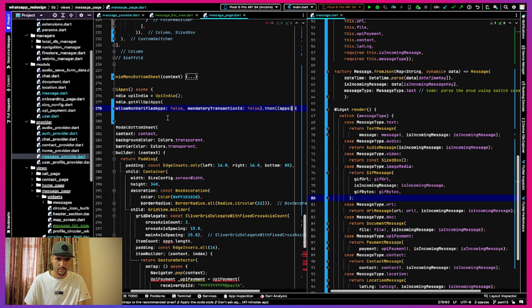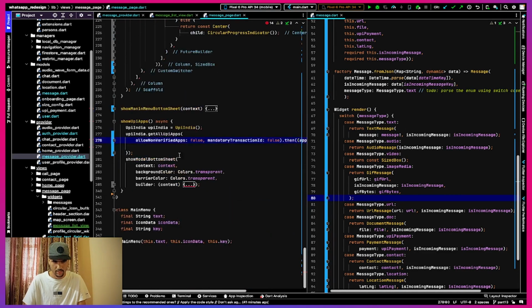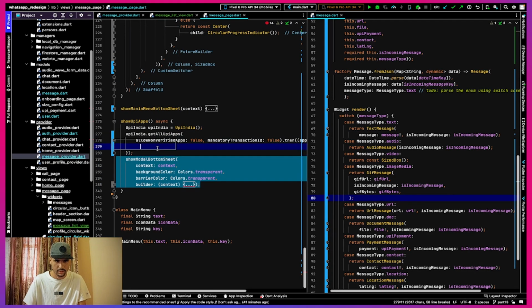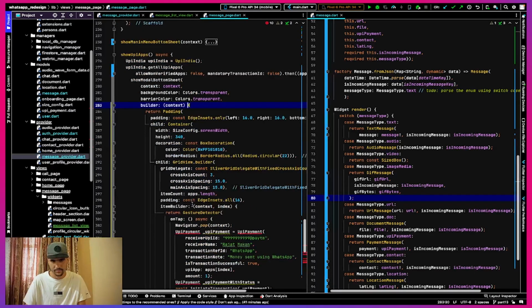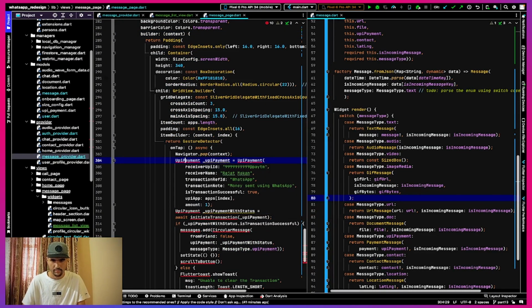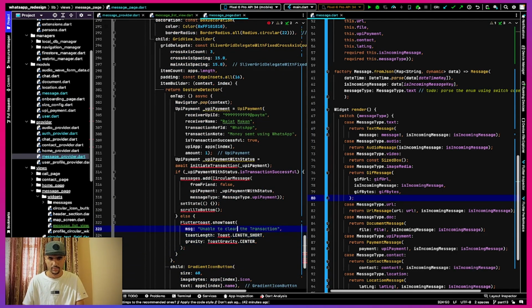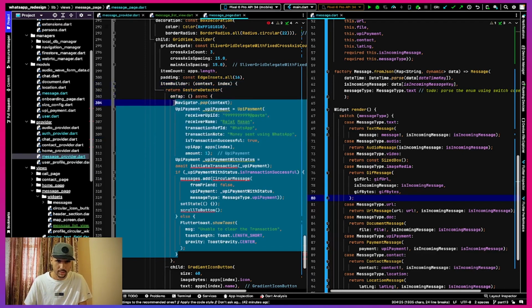And here we'll get our apps. So now I can minimize this and I can put it inside. Okay, so UPI payment, I will import that as well. Now initiate transaction, and now send message we are doing. So flutter toast I will add. Okay, awesome. Okay, so now this logical part that we have on tap, I'll just take it out,